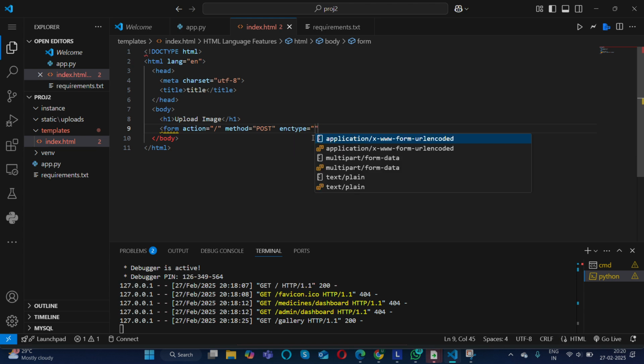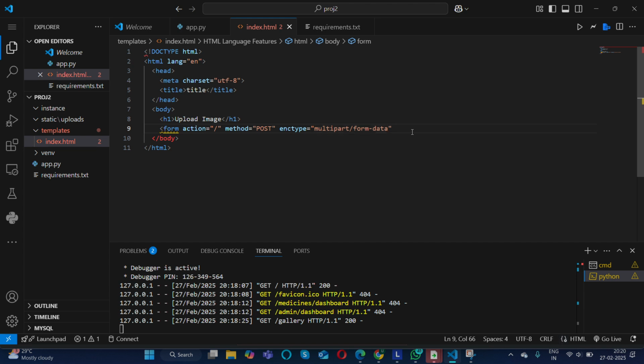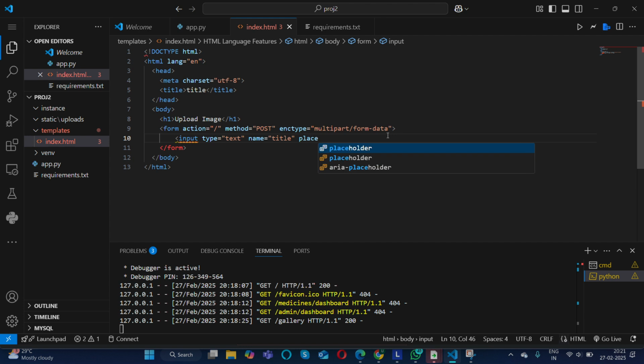And I should also specify this enctype because I'm dealing with images, right? You got the recommendation, I'll use it directly. So what next? I have an input. Specify the type of what it is. It should be text because here I should give the title. Name equal to title. So I'm not focusing much on the front end part. I'm making it simple. Not even using Bootstrap.